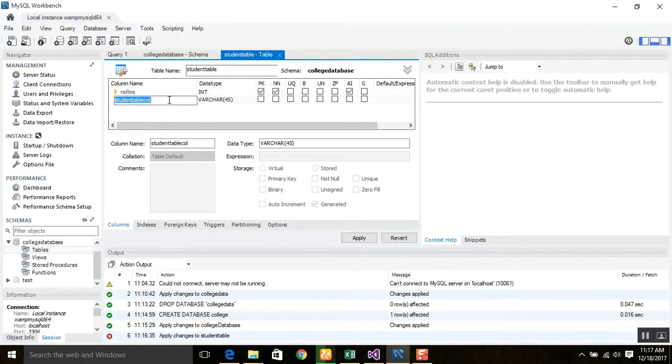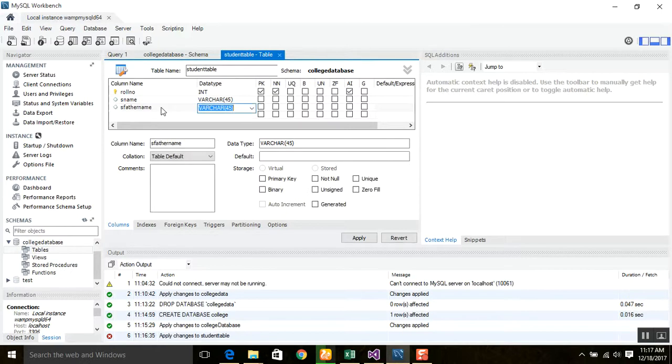Similarly, the second column I want is name, and give the data type of that as variable character. Similarly, the next one is father name, make it variable character, then address, and you can change the character length by this. Then phone,